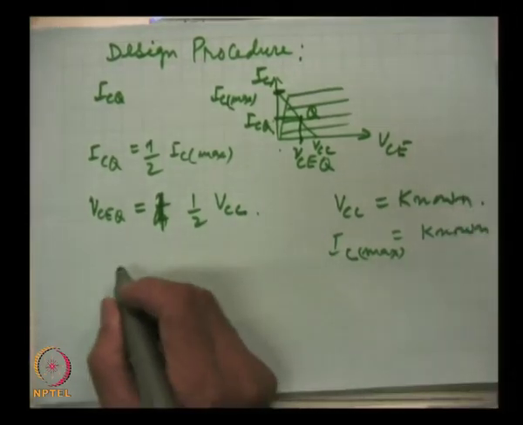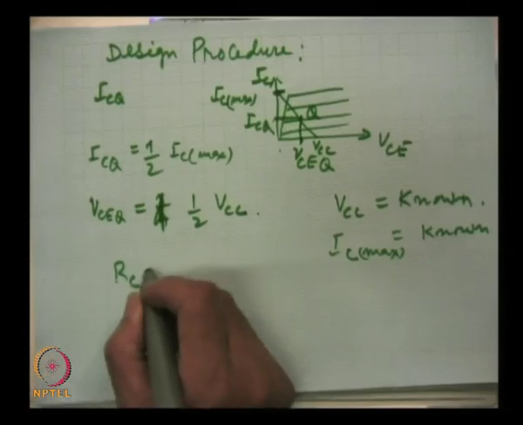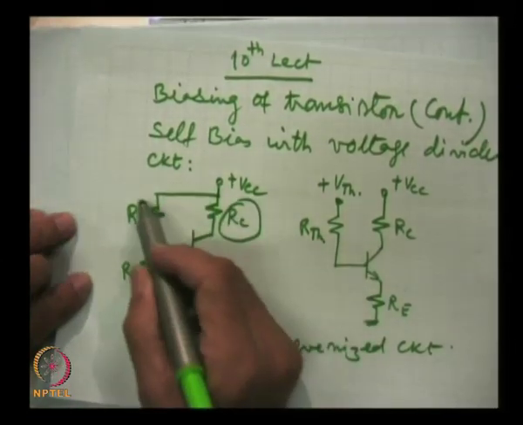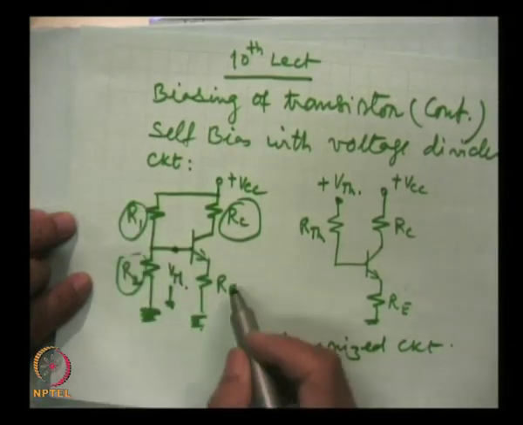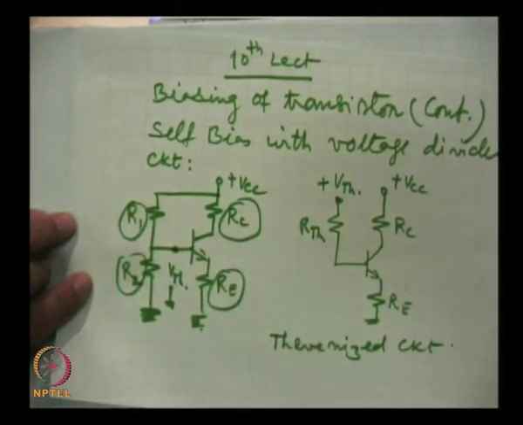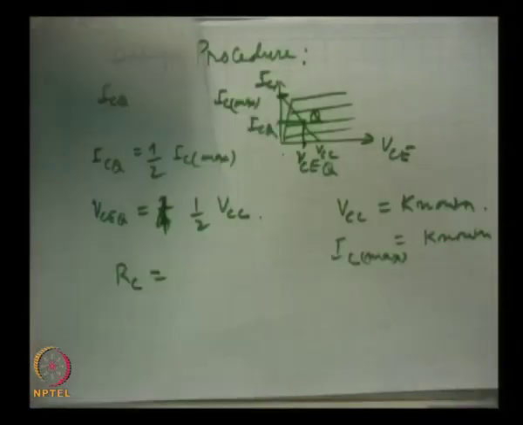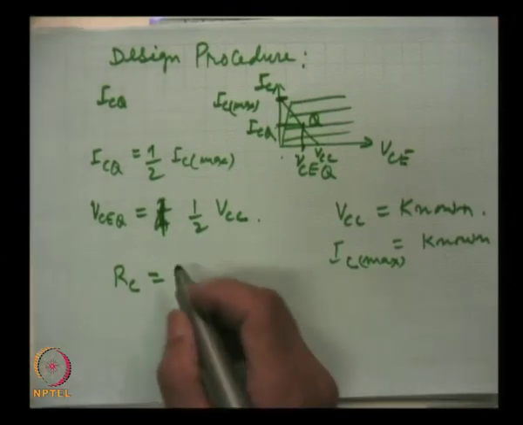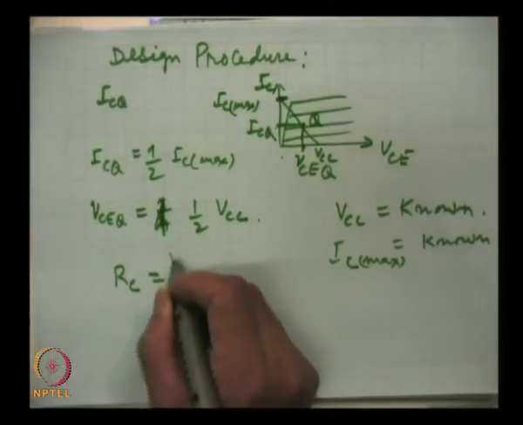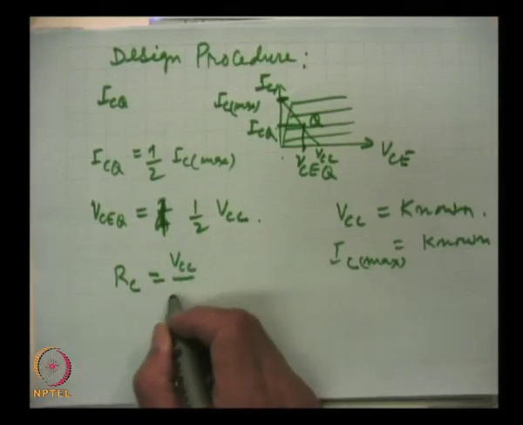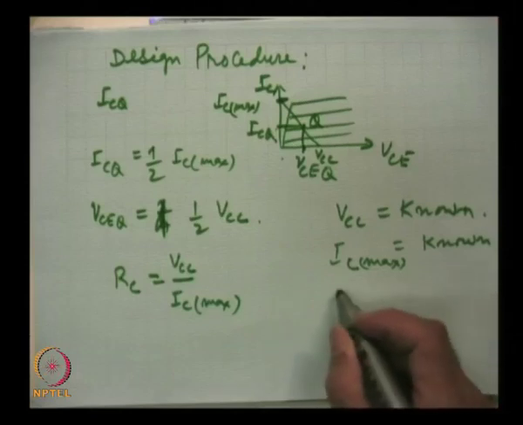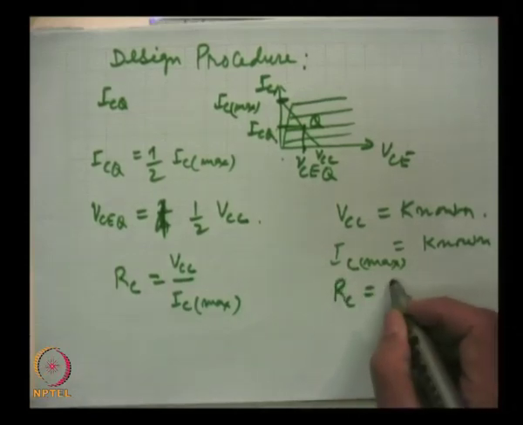Then we can get the value of RC. We have to find out the value of RC, R1, R2 and RE in this circuit, and that is the total design. We can assemble the circuit easily. So, RC can be found out from VCC by IC max. So, now RC is also known,